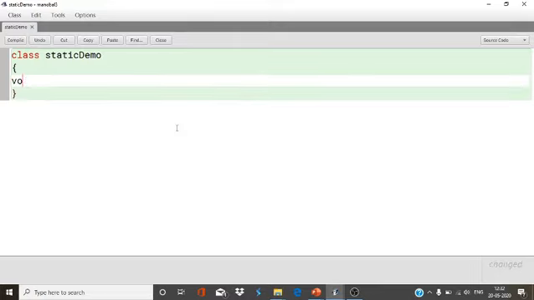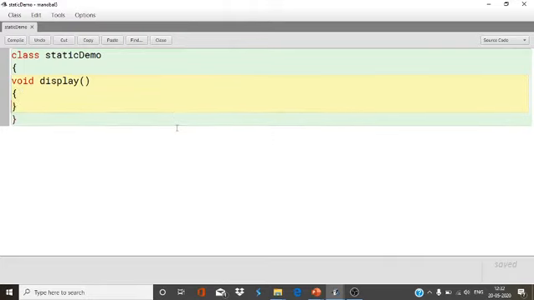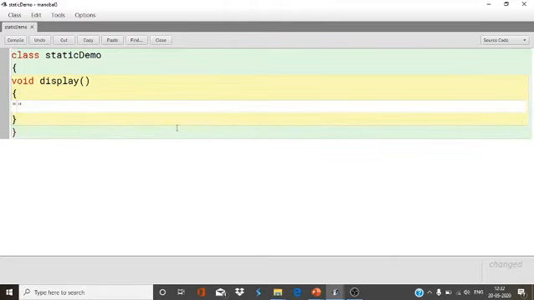So first I'm going to declare a function, void display, with System.out.println. It's a non-static function.